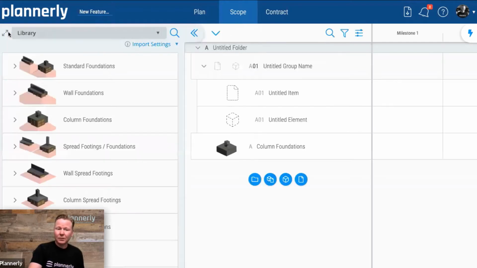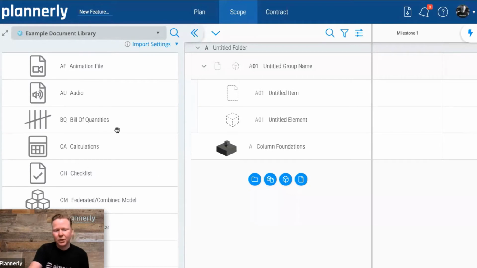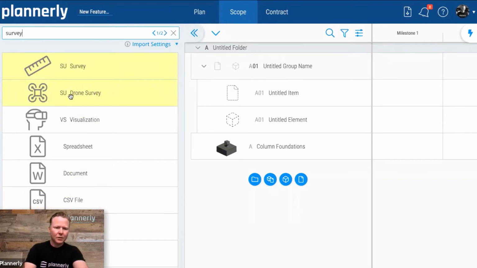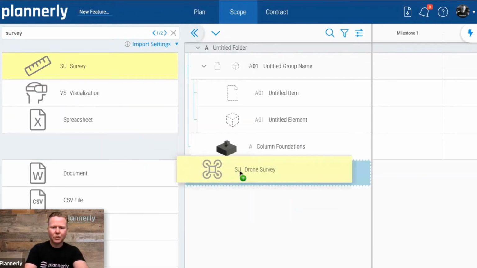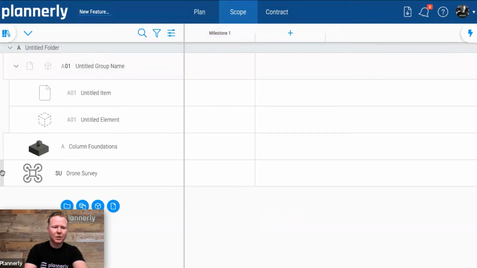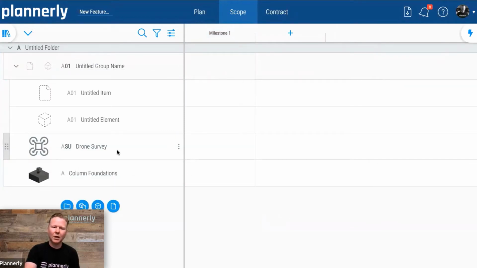And potentially, we might want to access the new document library. We've got a whole bunch of available documents in here. As an example, if we look for new features for search in here, maybe we would like a drone survey, and being able to copy that across. So as we're creating this content and building these, we're building a very flexible hierarchy, adopting the coding structure that we have in our library and our templates, and managing that workflow.